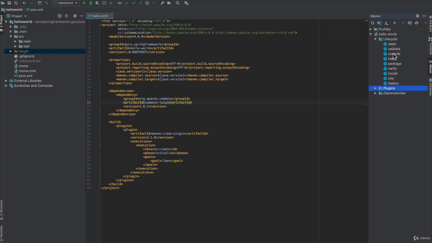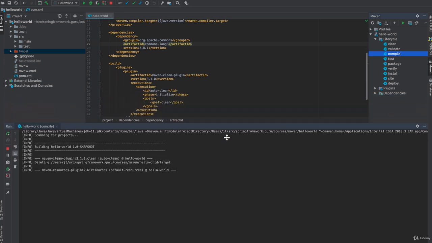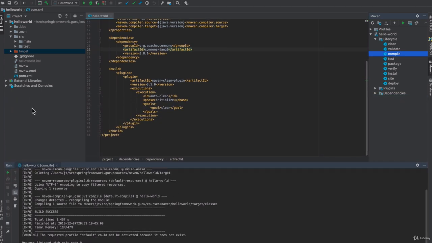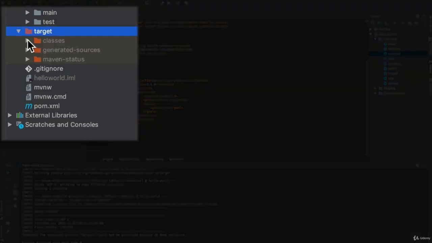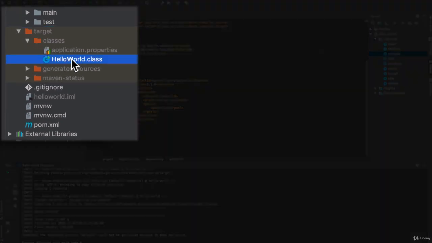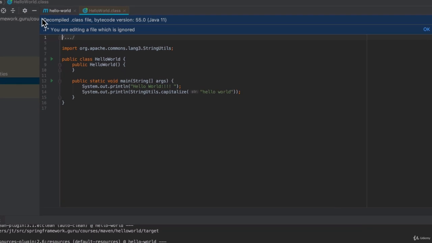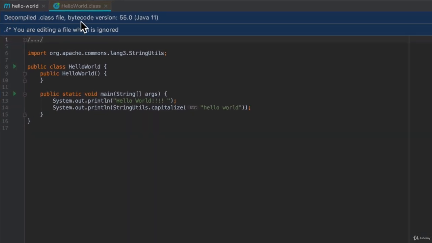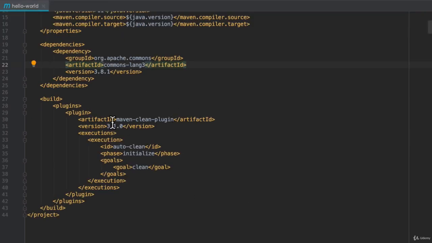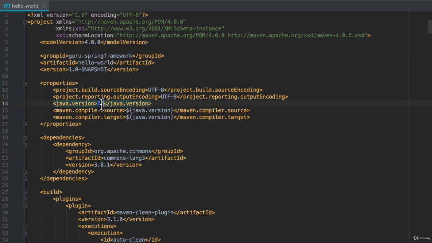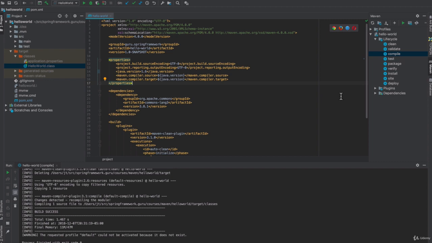If we remember here, let me just run compile again and resize this a little bit. We can see that clean runs, deletes it, and regenerates the target. Now, if I come in here to the hello world class, that's a generated class, we can see that we've decompiled it inside of IntelliJ, and it is saying that it's Java 11. So let's go ahead and close that. Now, if I come up here and change this to 1.6, like so, and now if I run compile again,